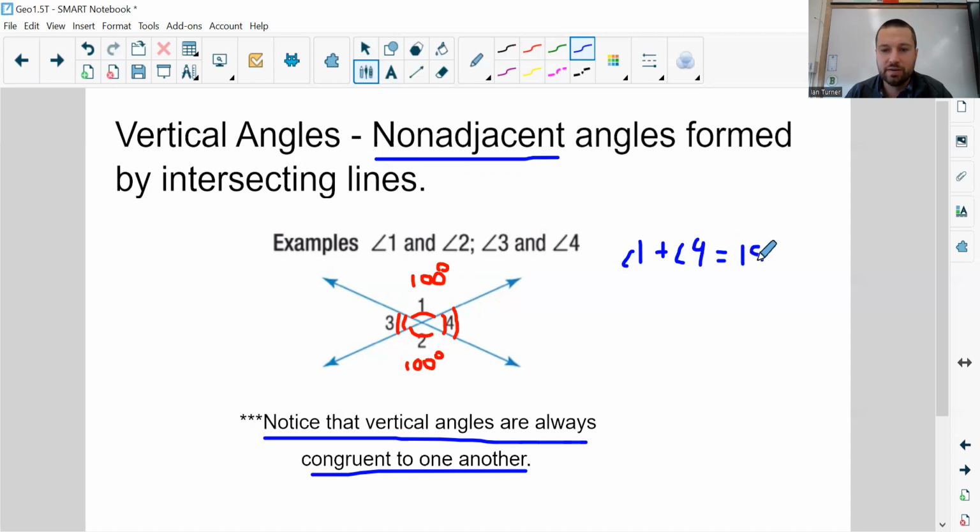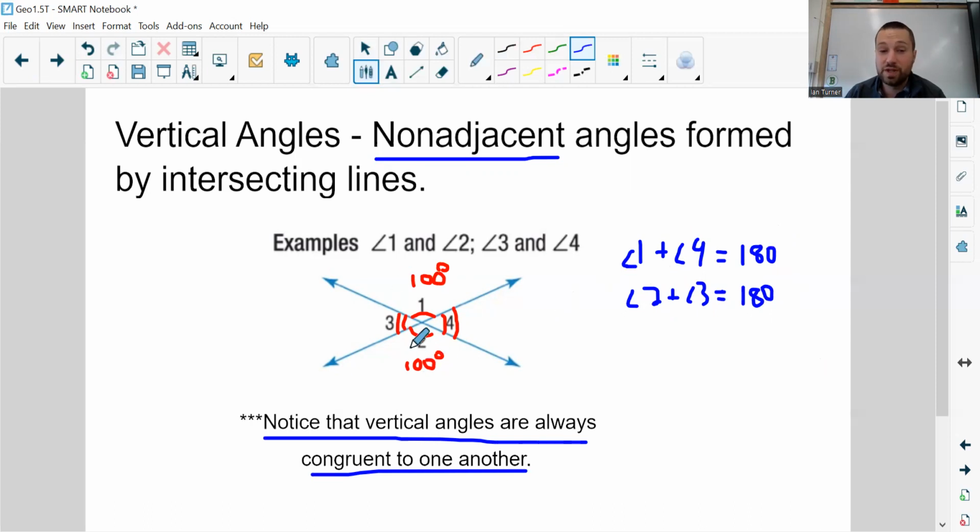Because they're a linear pair, right? And we know angle 2 and 3 add up to 180. So we can keep going and we have all these things that we could write down. Okay, we have all these things that we can write down about